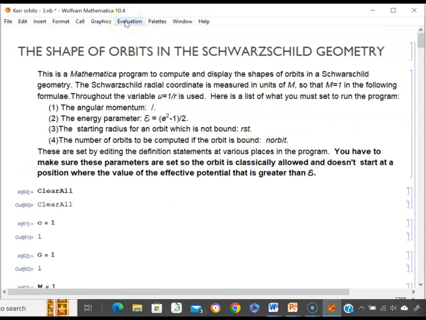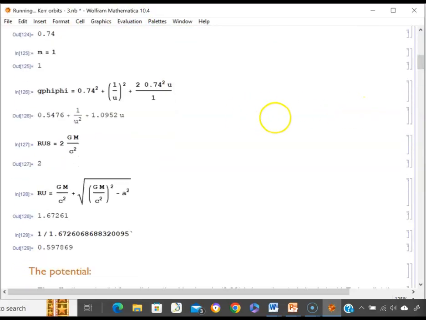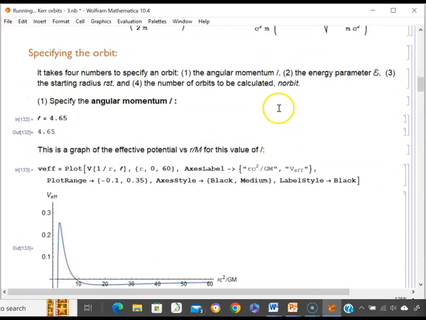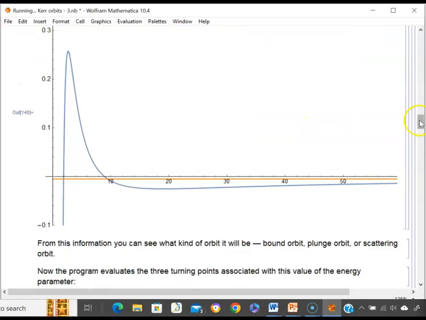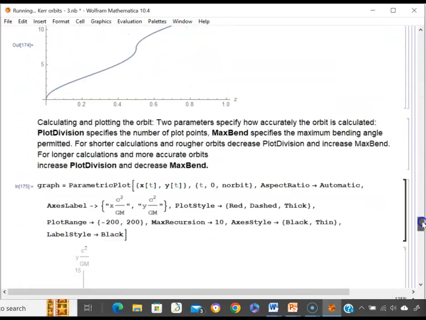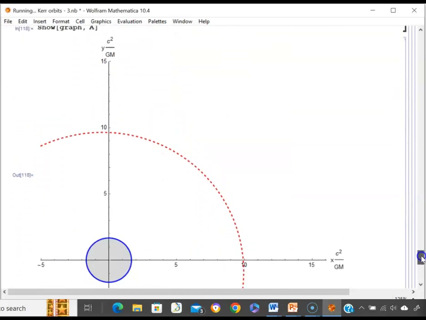Sometimes when you first start it up, you've got to evaluate twice. I don't know why, but okay, let's go again now. Just asking the notebook to evaluate all that input, and we'll go right down the bottom. You just have to be a bit patient too. It takes a little bit of time to calculate. And we shall have very shortly,